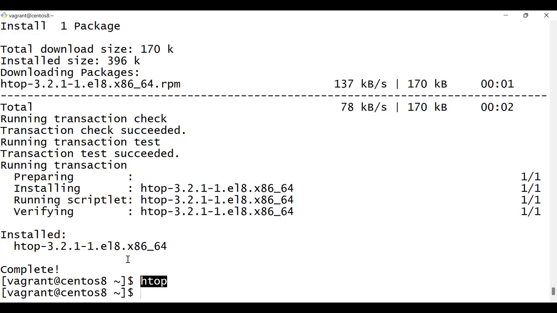Is it clear about top and htop? Yes. Okay, good. So far we are understanding the processes, how to view them, and the process related memory utilization,